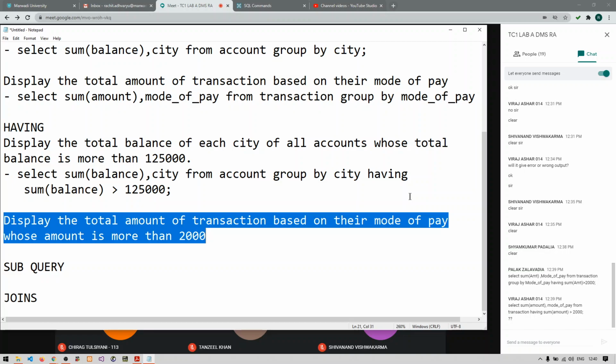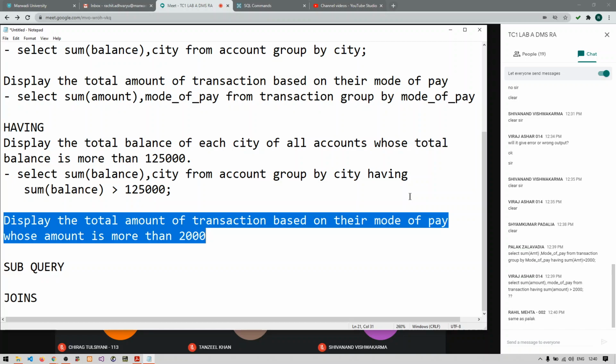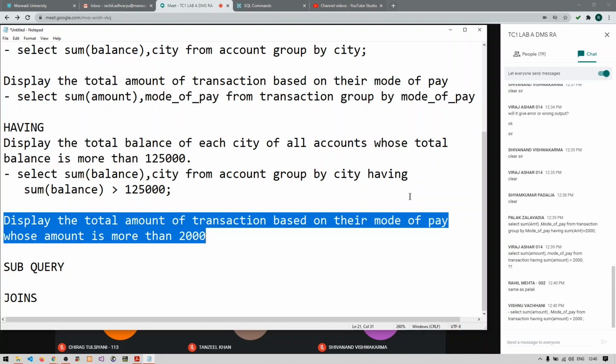Giving you 2 minutes more if you want to write down the answer. Okay, Rahil, I accept your answer.